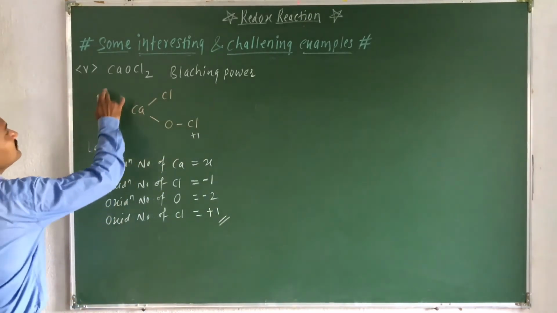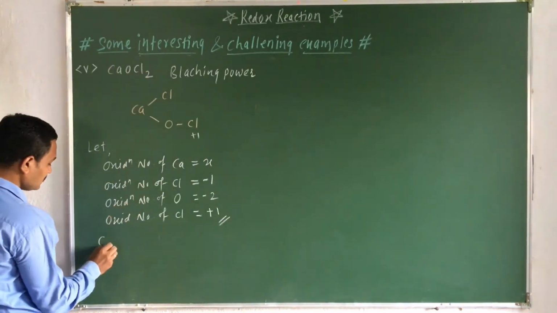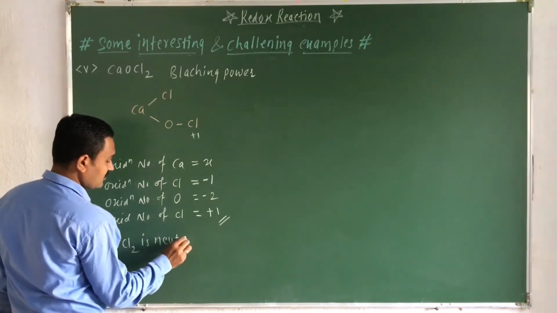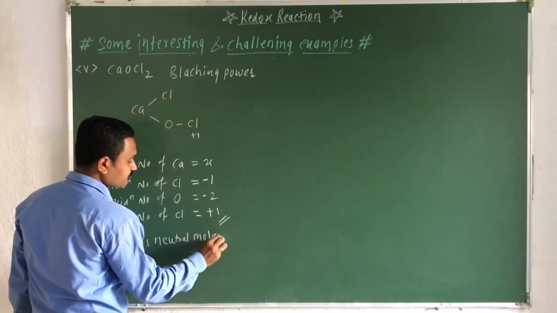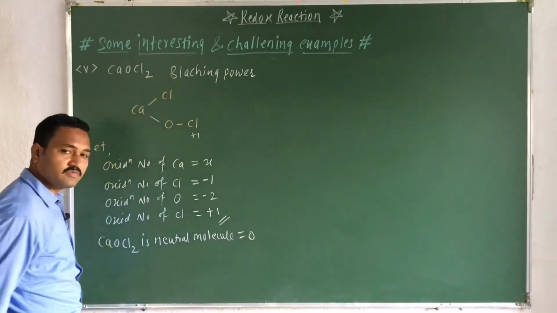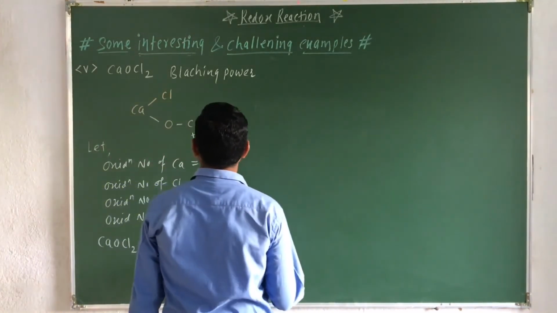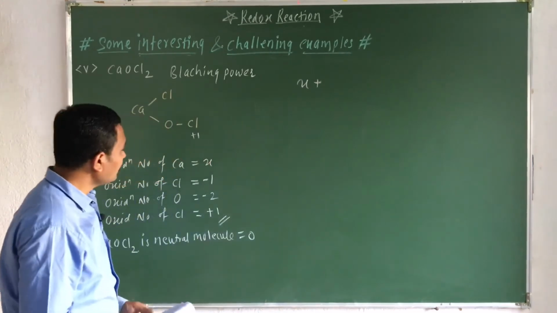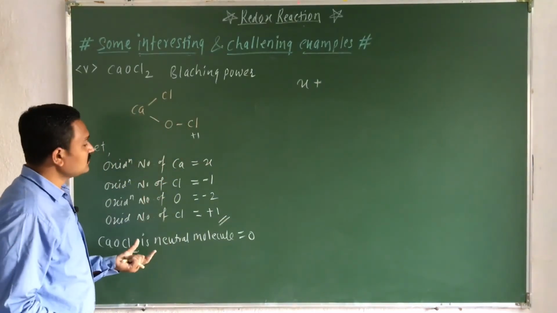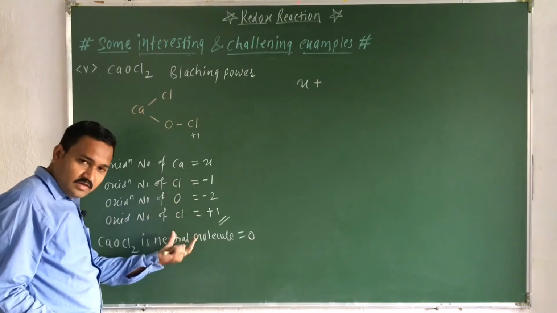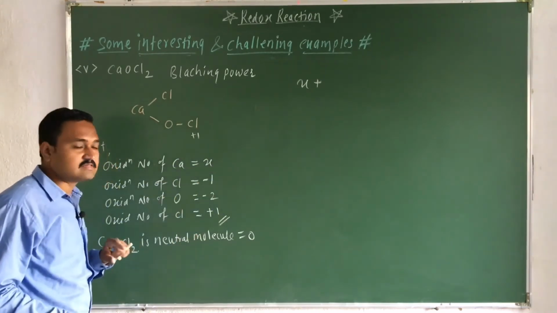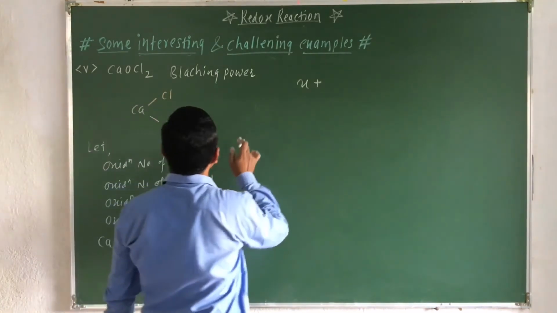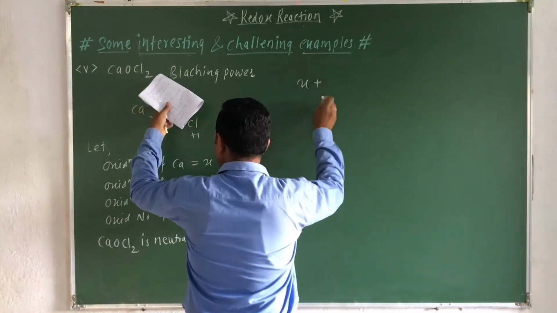Again this molecule is neutral, so CaOCl2 is a neutral molecule, therefore its oxidation number will be equal to 0. Now let us find out the answer very simply, that is X for your calcium. After doing this much practice, we will directly write down the equation and find out the answer for this example. So X for your calcium,